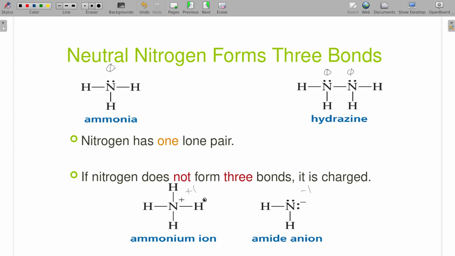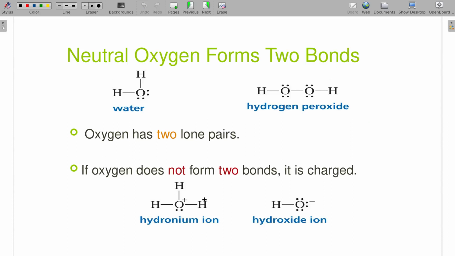And we can do the same thing with oxygen. Formal charges up here are 0. 6 minus 1, 2, 3, 4, 5, 6. Down here it'd be 6 minus 1, 2, 3, 4, 5. Positive 1. And if you look it up, you'll figure out that that formal charge is negative 1.